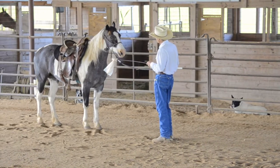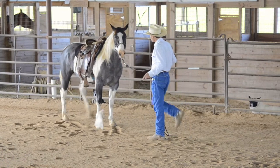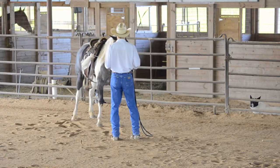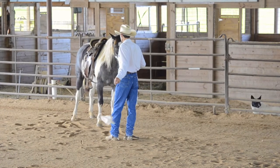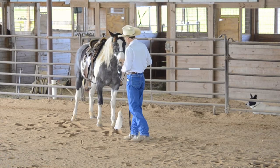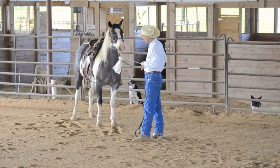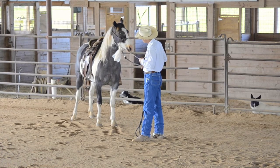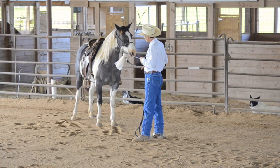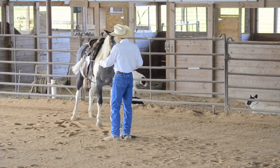And now I'm going to see if she's going to kind of start letting me bring it up towards her wither area. I'm not going to go into the shoulder, and if I can, I'd really like to kind of take it from her nose up the side of her face and down her neck, but that might be too much. So then I'm going to come in from a little bit to the side here,